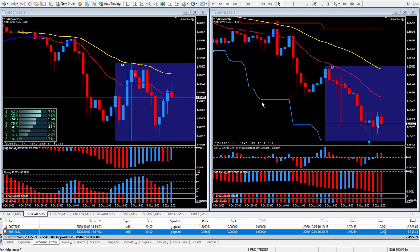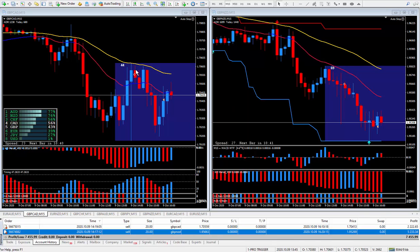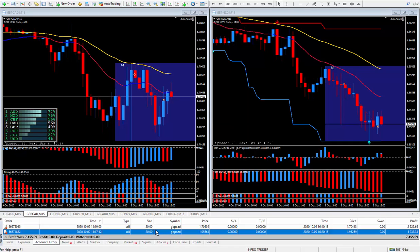My mentor explained to me about 12 years ago, you don't have to do 20, 30 trades. Now some traders just love to trade. I only like to do between 2 and 5 trades. And what I was taught was, once you have a nice looking setup, and these are perfect setups, then just add more lots. And as you can see down at the bottom, instead of doing 5 trades, I just double the lots,